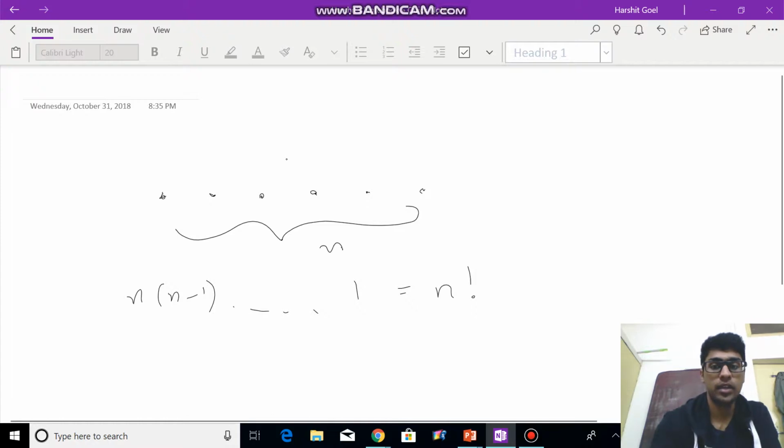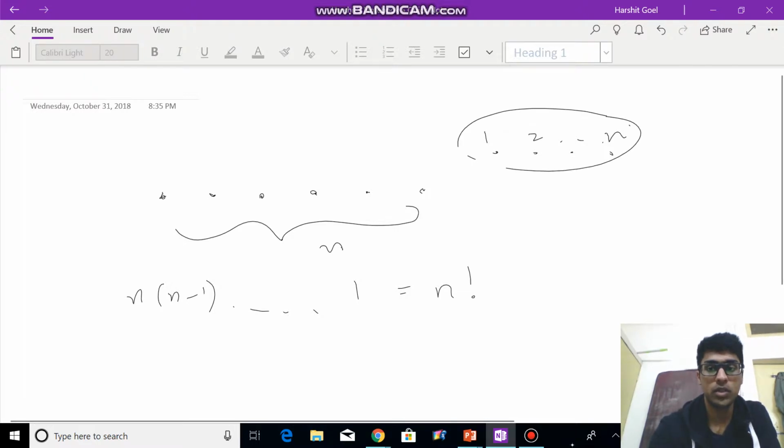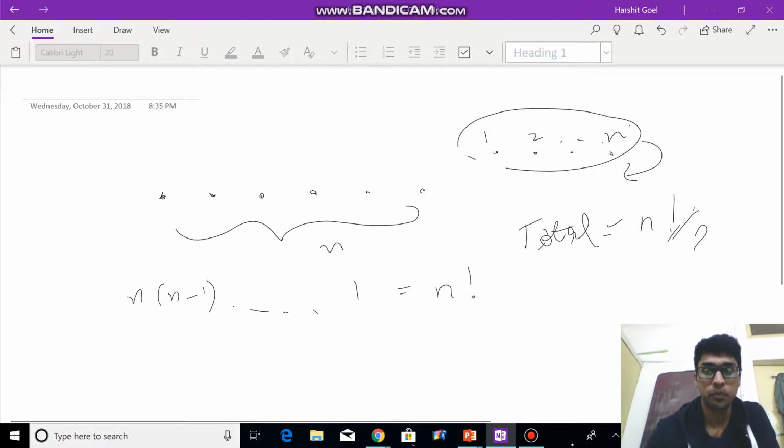Now any arrangement, let's say we took arrangement 1, 2 until n. Another permutation would come where this arrangement would just be reversed, but that would form the same cycle. So total we have n factorial by 2 cases. If we do a more rigorous analysis, we can reduce it to n minus 1 factorial over 2,